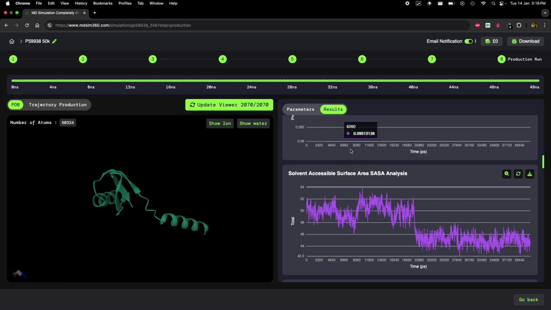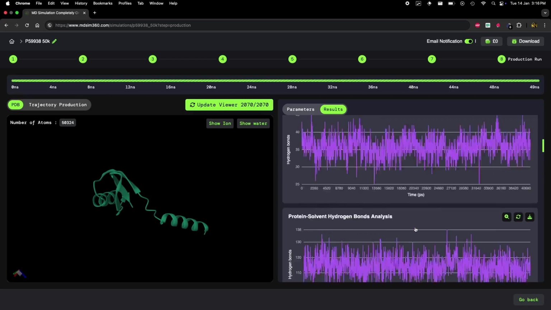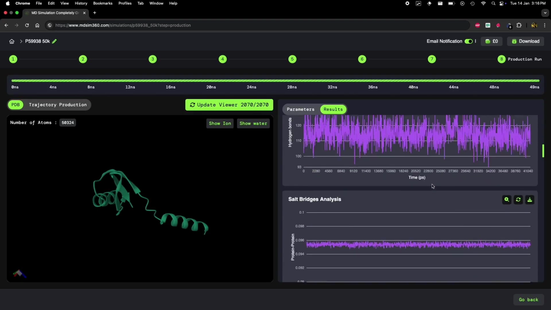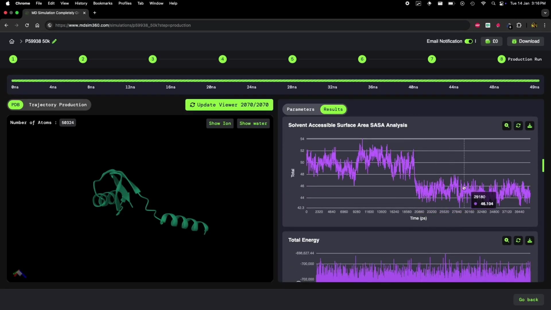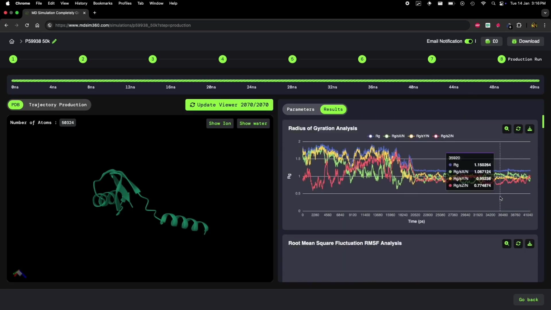Now, let's correlate these two graphs, the solvent accessible surface area and the radius of gyration. Before the folding event, both graphs show fluctuations, some increase, some decrease, but after that, they stabilize. The sharp drop in both values at the same time is a strong indicator that folding has occurred. When we see proportional changes across multiple analyses, it reinforces the conclusion that a significant structural shift is happening. Of course, we'll confirm this by analyzing the actual trajectory, but just from the data, it's clear some kind of